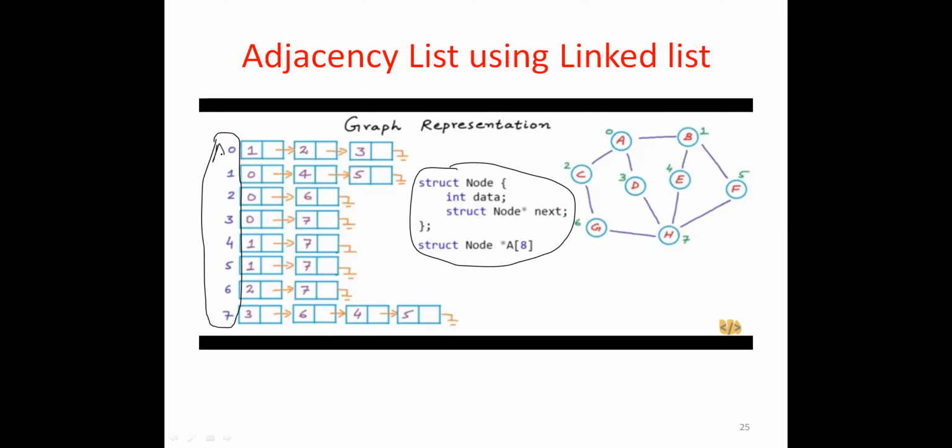This is A of 0, A of 1, like that. How many bytes does it require? It requires only 2 bytes. Why? Because it is going to store the address. A of 0 is going to point to the first row, and A of 1, like that it goes on. So it will be the address of the first node in the second row. Okay, fine.